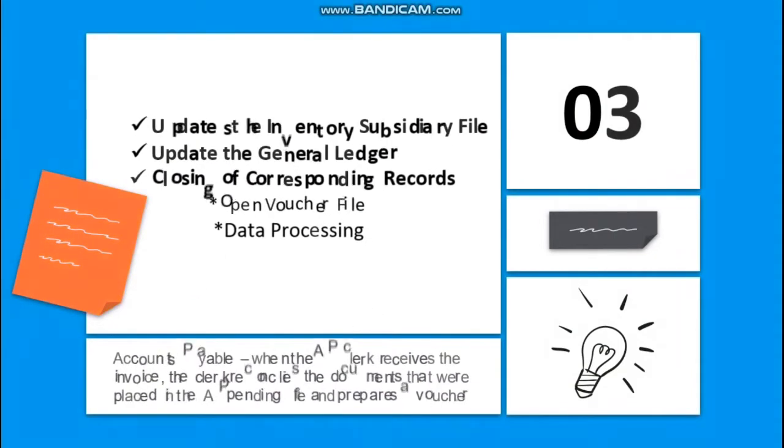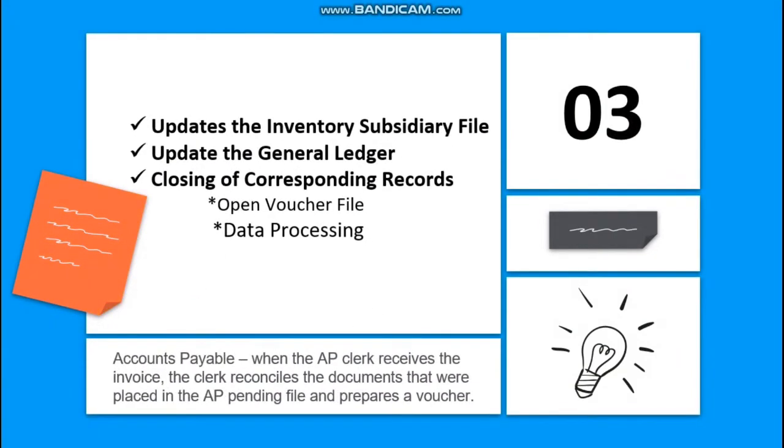In step 3, the data processing department runs a batch job that updates the inventory subsidiary file from the receiving reports. The system calculates batch totals of inventory receipts for the general ledger update procedure and then closes the corresponding records in the open purchase order file to the closed purchase order file. When the accounts payable clerk receives the supplier invoice, he or she reconciles it with the supporting documents that were previously placed in the accounts payable pending file. The clerk then prepares a voucher, files it in the open voucher file,